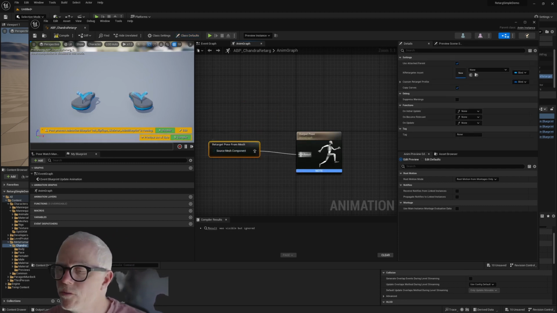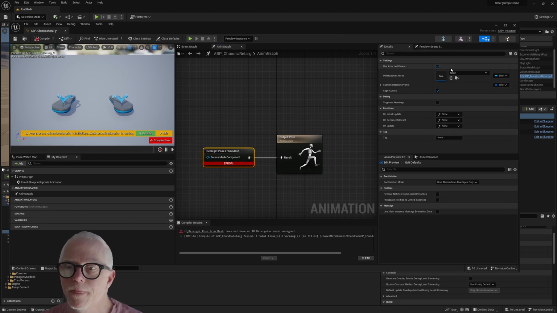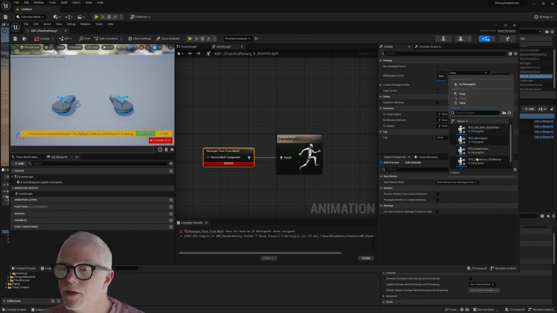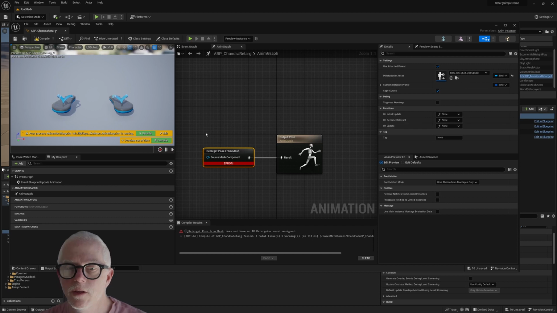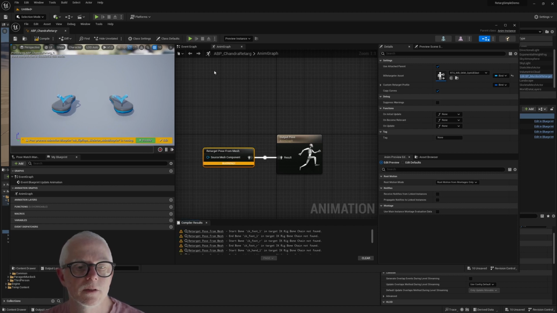I'm not sure if I got the right skeleton. And see what happens. So if we use that one and compile